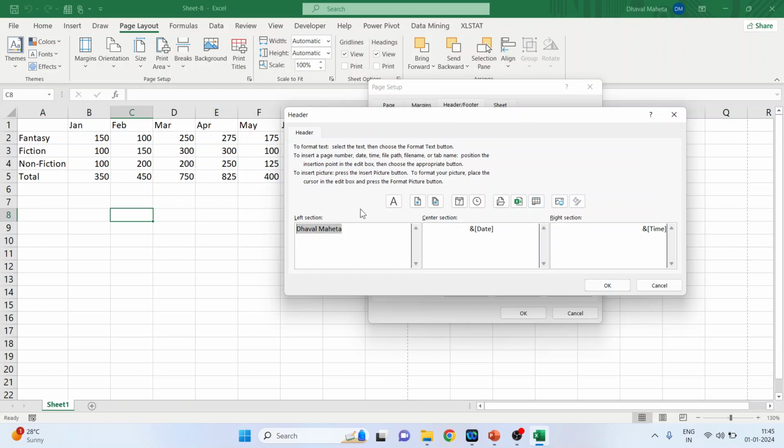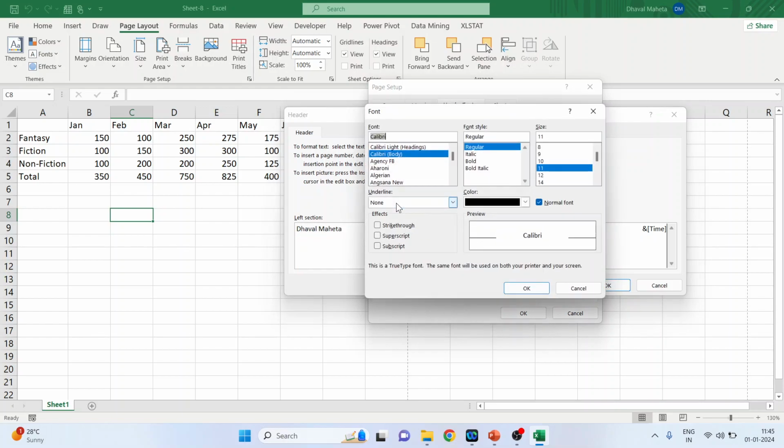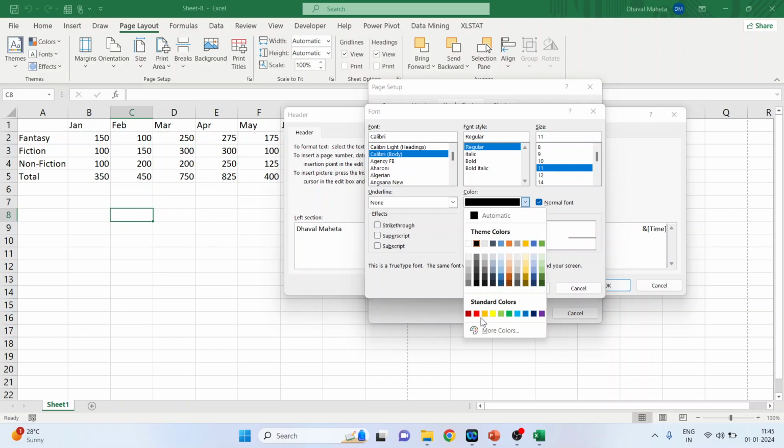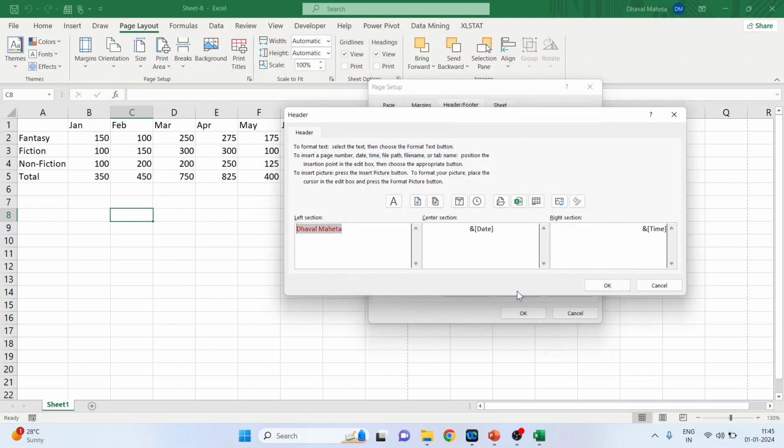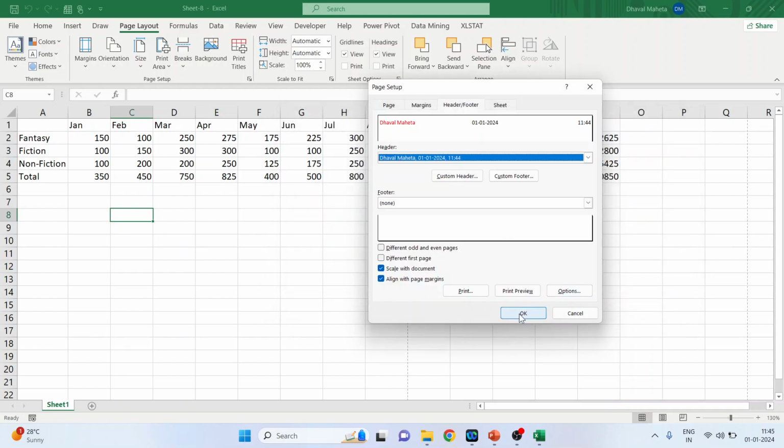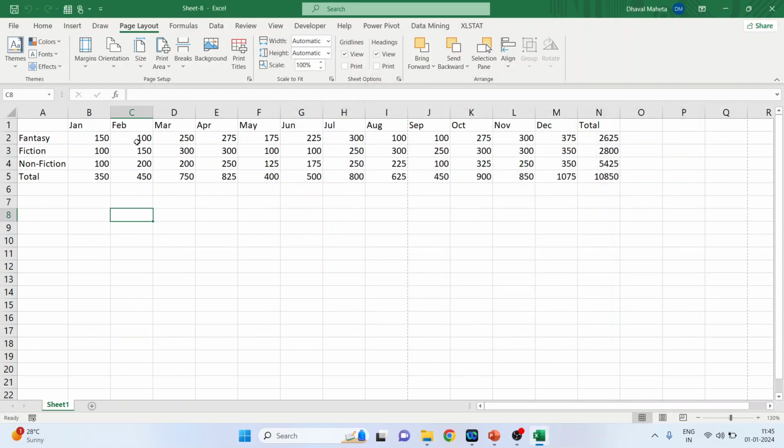Let me do the formatting of this. Format the text. So I can make it bold. I can increase the size. I can change the font type. Let's change the color. Click OK. OK. And just press OK. Click OK. Now again, we'll go to File,